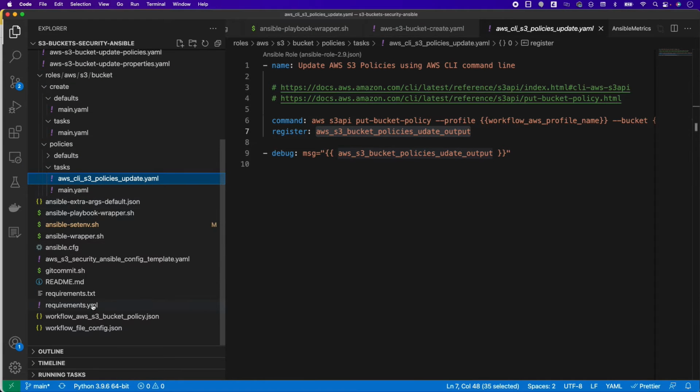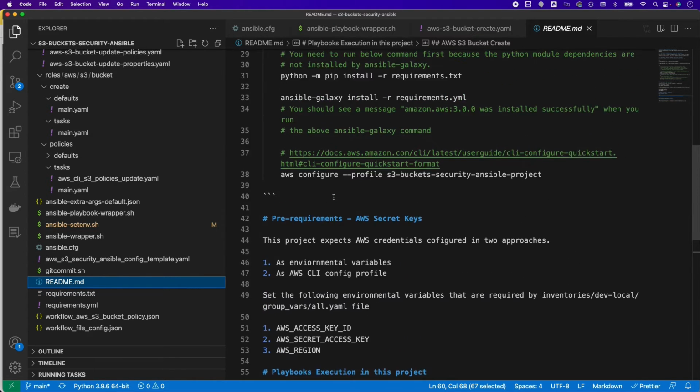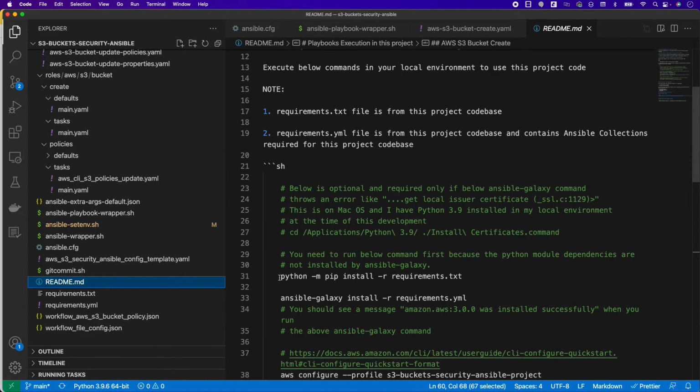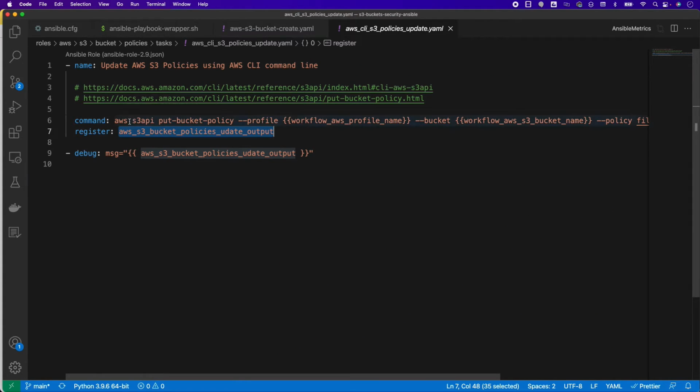It is because when I ran pip install, I installed Boto3. That means I have the AWS command line available. And where did I install it? As I mentioned in the beginning of the code base, you need to have this environment setup done, so this will install the AWS command line. So now coming back to this particular role, I'm executing this S3 API put-bucket-policy,